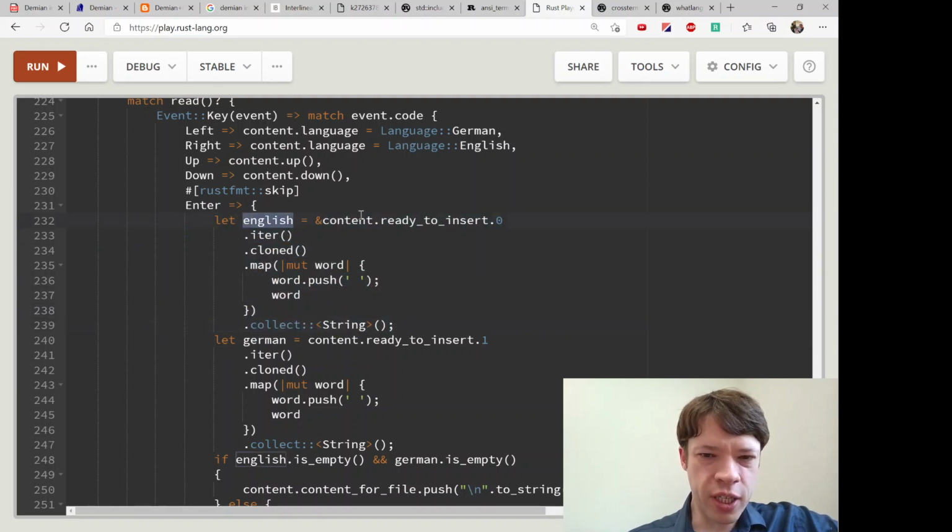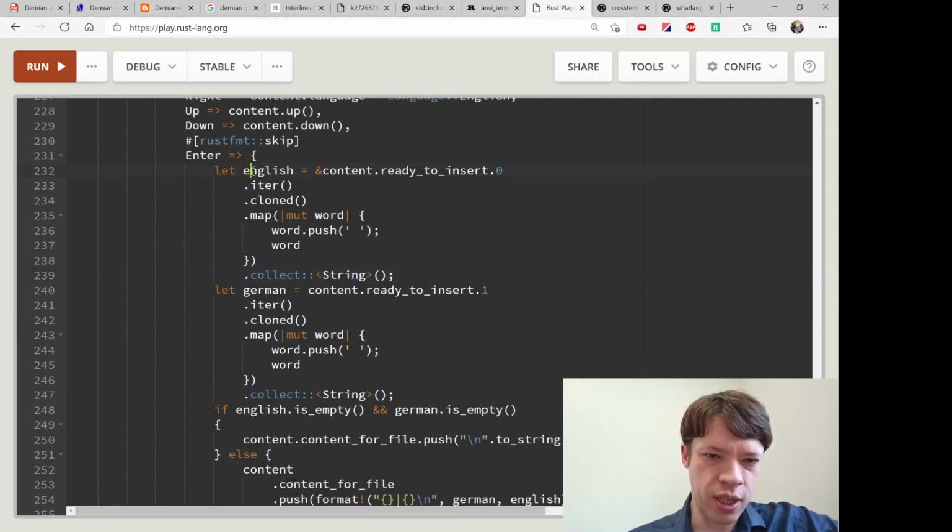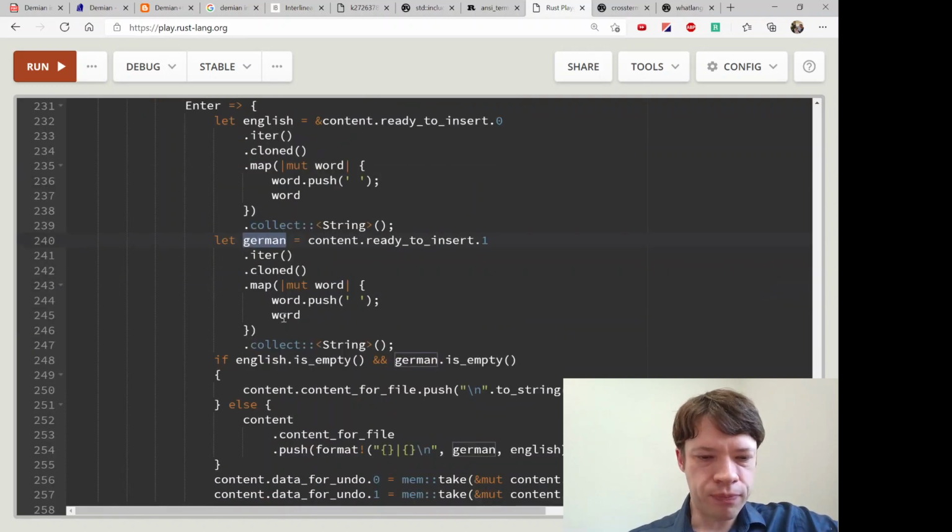So it'll make a string from ready to insert, so the words that are ready to insert, iter over it, clone, so it's not a reference anymore, and then push a space on the end and turn it into a string. So just like the other function that gave us strings.